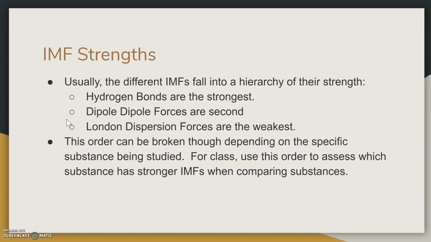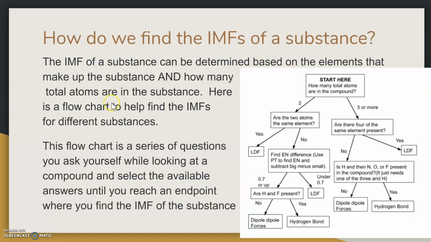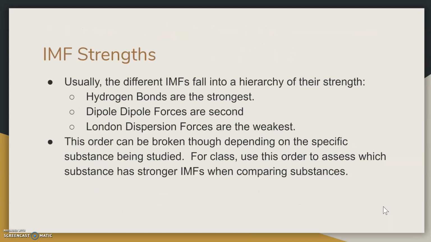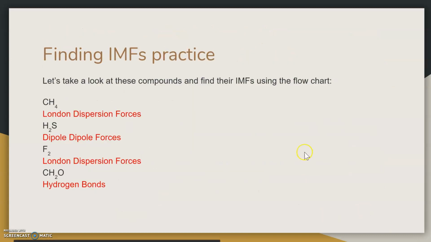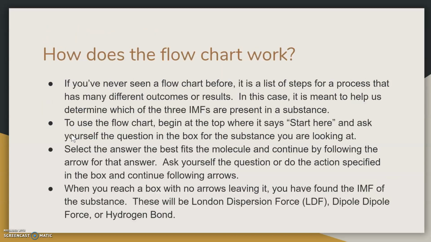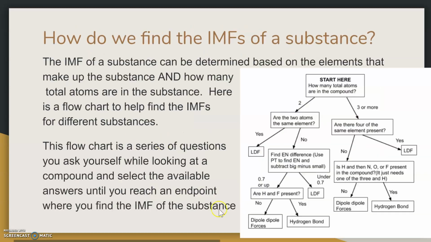NH3 is 4 atoms. So that's 3 or more. Are there 4 of the same? No. Is H and then N and O? Yes, right? Because we've got 3 H's and 1 N. So it's a hydrogen bond. So that one is going to be the strongest. And then HBr,